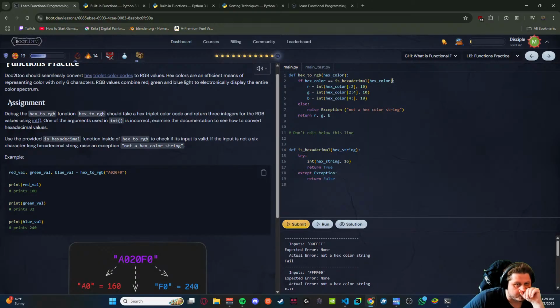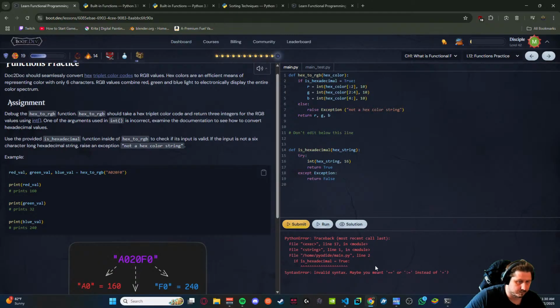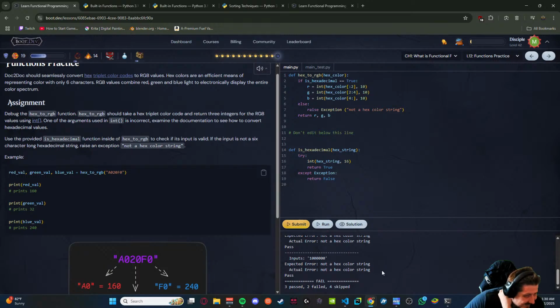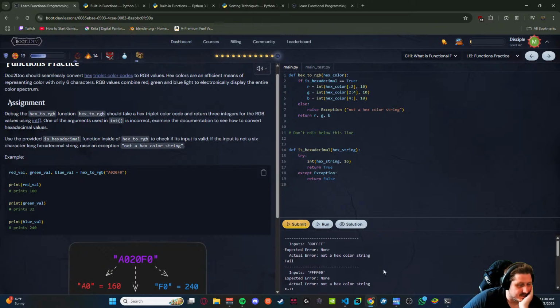Or should I just do if is hexadecimal true equals true? That's still the same thing with these two. Everything else is fine.